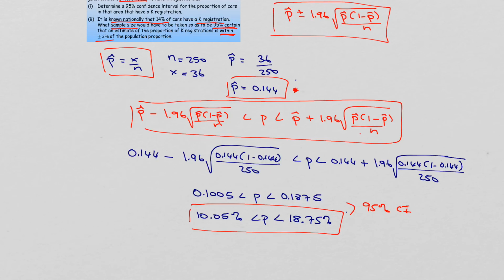Okay, so if we recap on part 1, a lot of the time in the Leaving Cert, they'll actually ask you to interpret your 95% confidence interval. And if you're interpreting your 95% confidence interval, what we would say is, we can say with 95% confidence